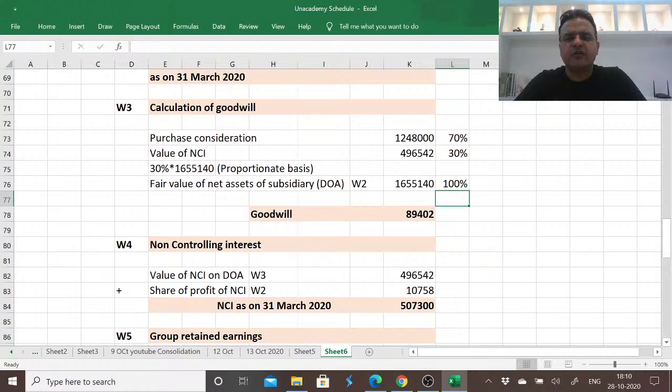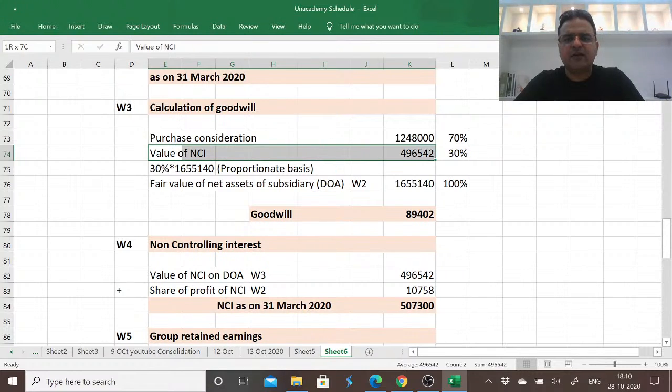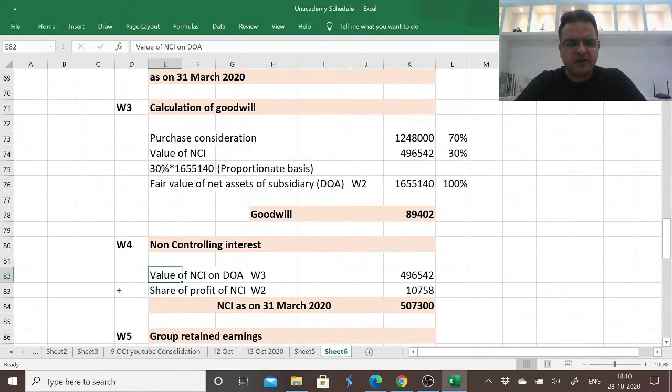We got to know the value of goodwill. So once we have the value of goodwill, we need the value of NCI. Now, value of NCI on date of acquisition we have already calculated. This same value will be used in working note number 4. So value of NCI on date of acquisition, we can pick it up from working note number 3. And when we pick it up from working note number 3, the value we get is